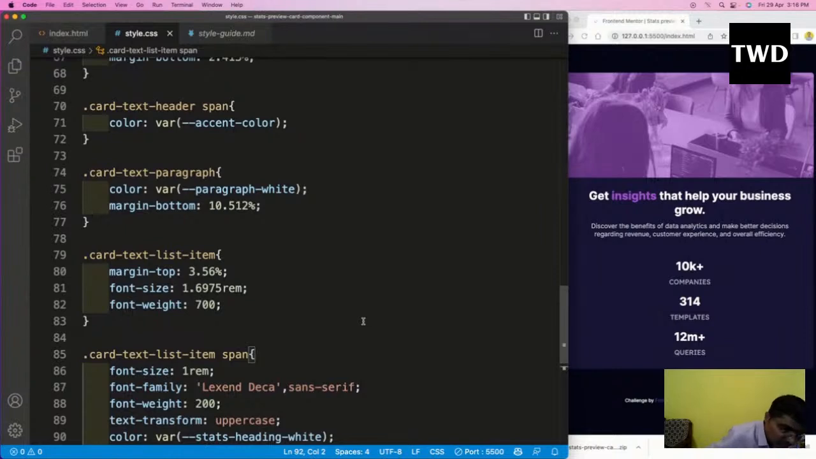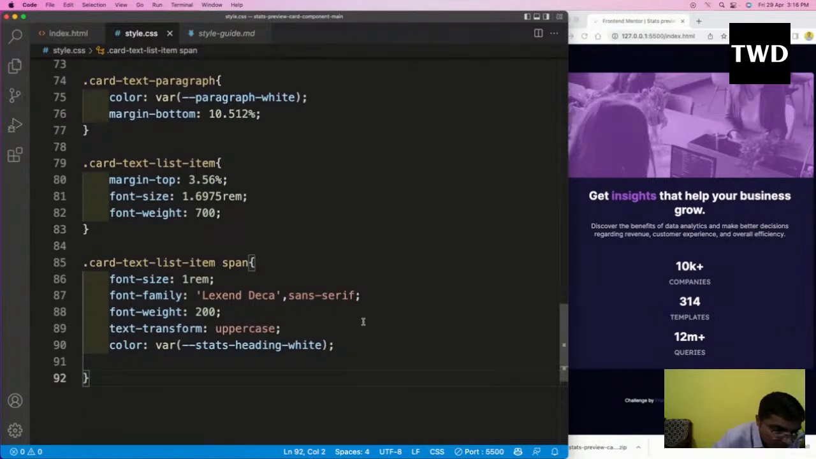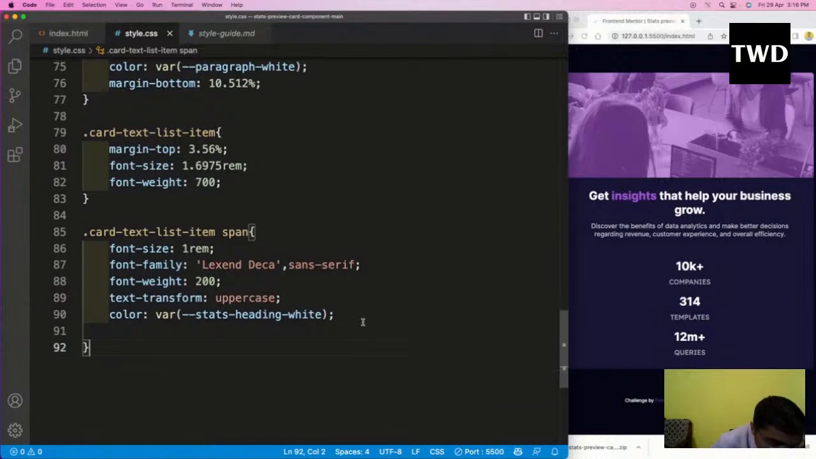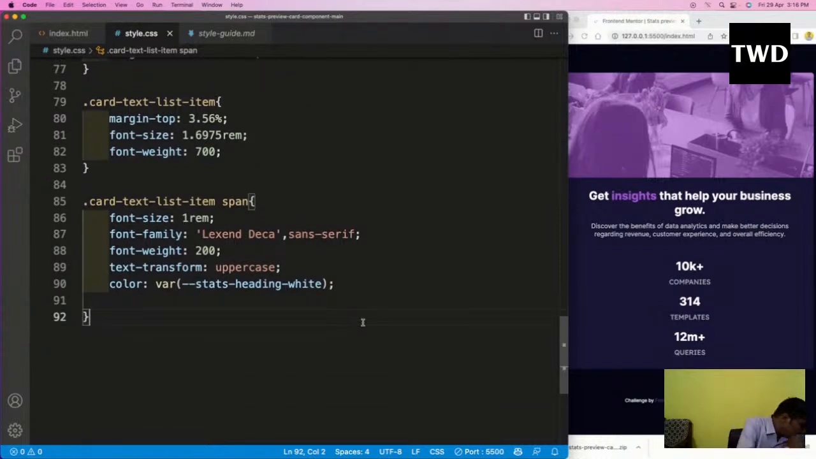So after this we'll have the card text list item and margin top is 3.56% and font size is 1.9675 rem. Font weight is 700. Okay. So the card text list item span will have the font size as 1 rem, font family is this, font weight 700, sorry, font weight is 200, text transform uppercase and color is variable stats heading white. Okay,